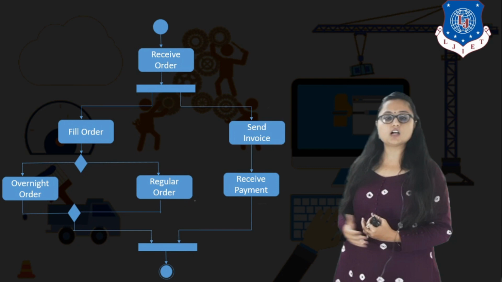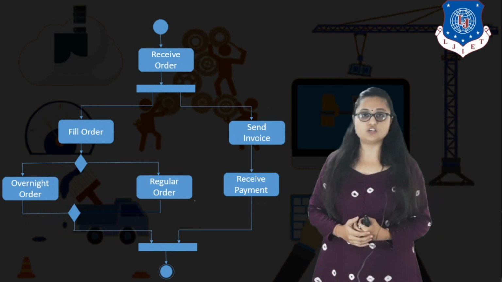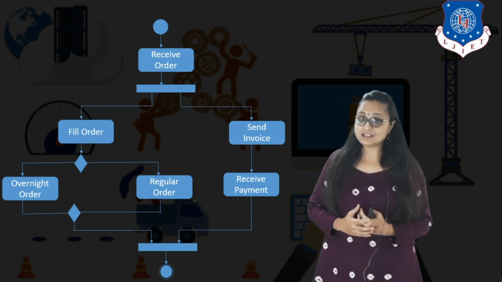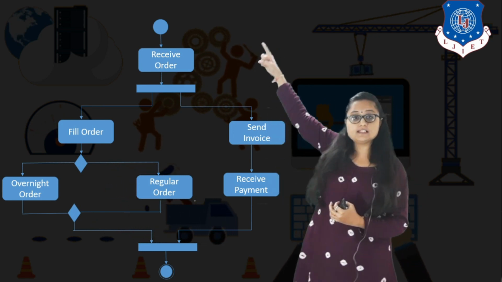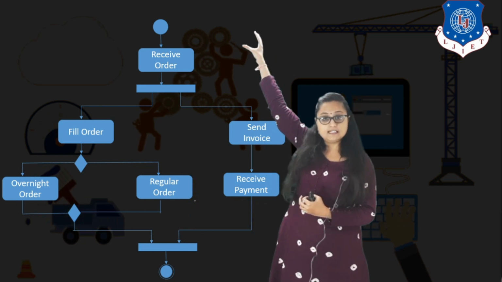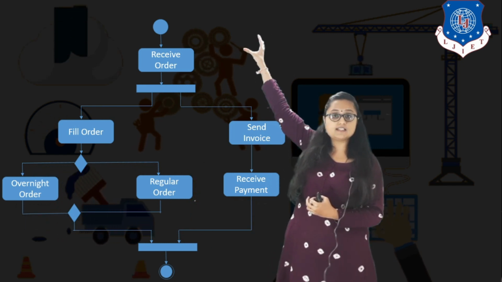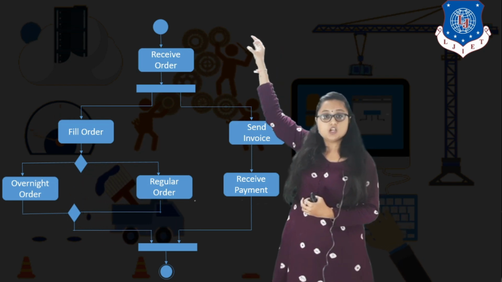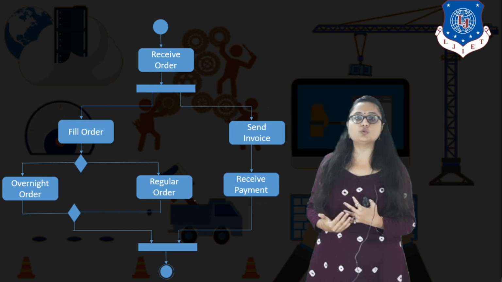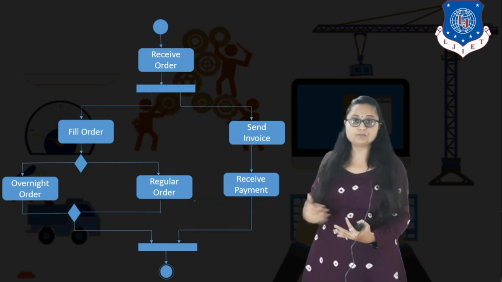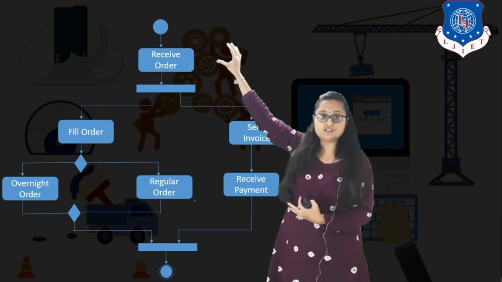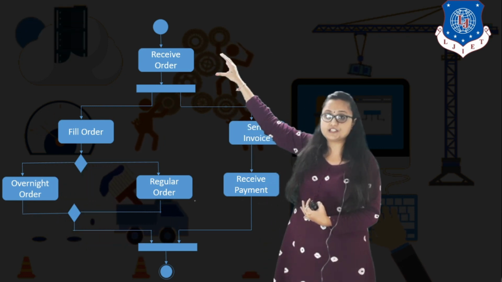Now this is a basic activity diagram that we are going to study as an example. This is just an order placement activity diagram. Here you can see the first symbol is the start symbol. This indicates that my activity scenario is getting started. After that I have an arrow symbol, which indicates that I am going to connect it with some activity. The next symbol is for activity, and the actual activity description has to be written inside the activity symbol.